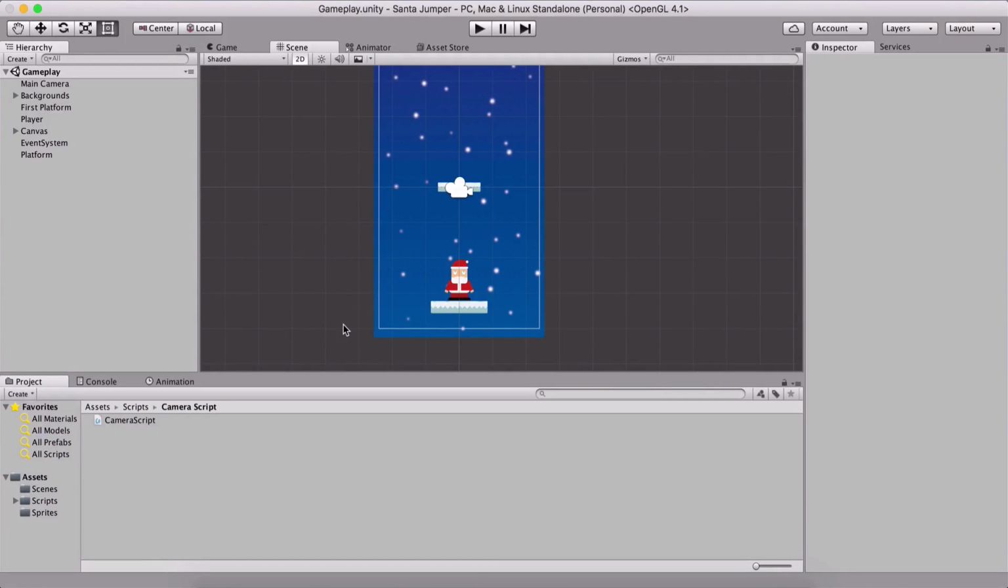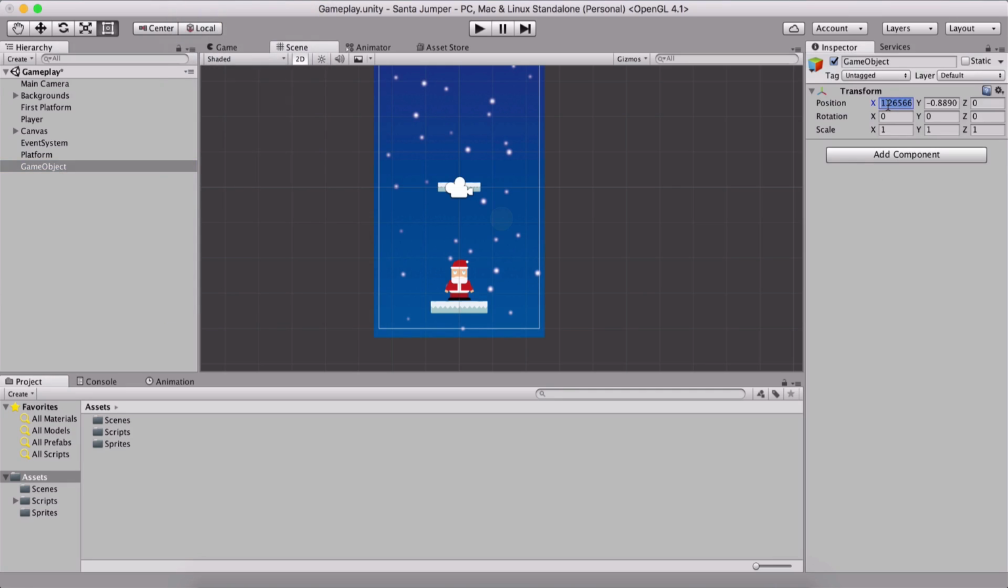Moving forward with our Santa jumper. In order to fix some issues that we have, what we need to do is create a gameplay controller. So I'm going to click under game and create empty, and this is going to be our gameplay controller. I like to position everything at 0, 0, even though it does not matter. And when I say 0, 0, that is for the X and for the Y, so don't get all confused